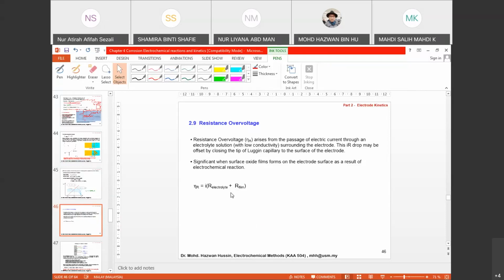It will be significant when a surface oxide film forms on the electrode surface as a result of the electrochemical reaction. So what does resistance overpotential or overvoltage mean? This is the case if you have a solution that is not conducting,